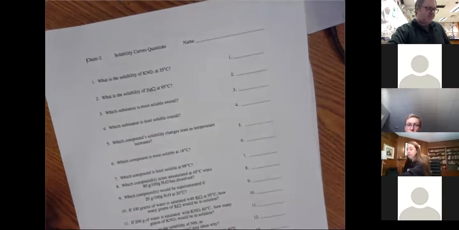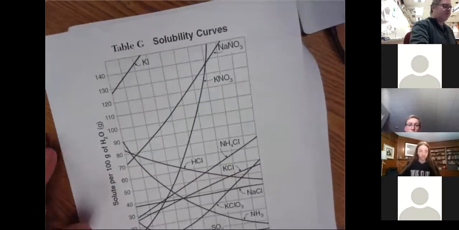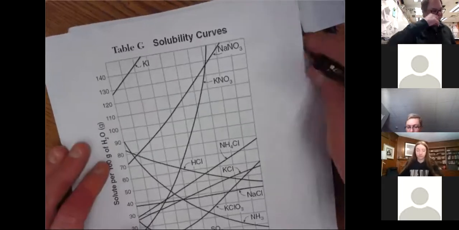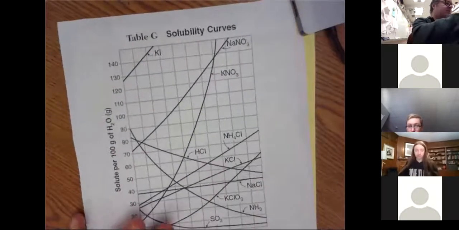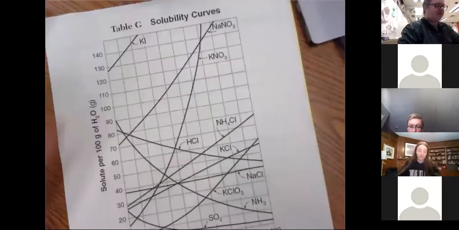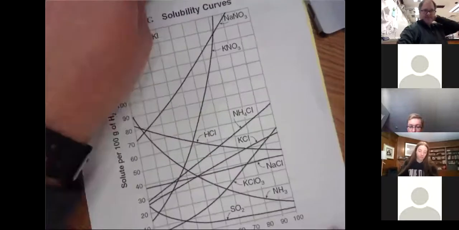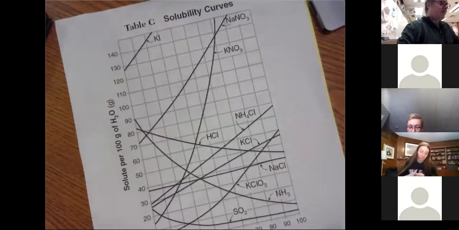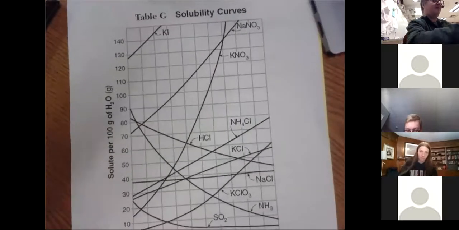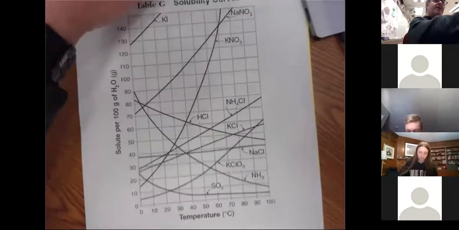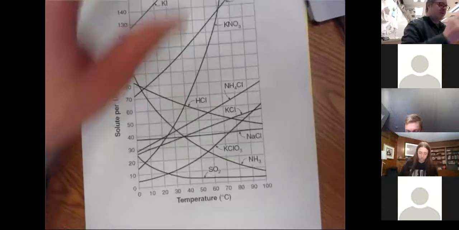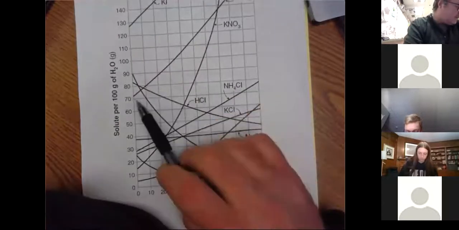Yesterday, I showed you a saturated solution, a supersaturated solution, and an unsaturated solution. We take a look. These right here are the solubility curves for several different salts. Now, the old exercise was that you actually had to make this graph. So I didn't want to deal with that this year. So I got the graph off the internet. So keep that in mind. Usually you would have to make this graph, and that might actually help you. I don't know, by maybe not making it, you don't understand what all these lines mean. But basically,